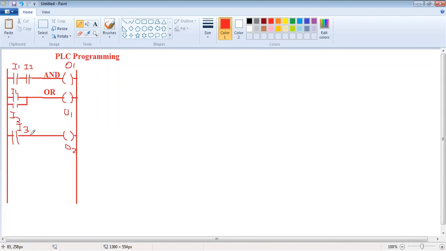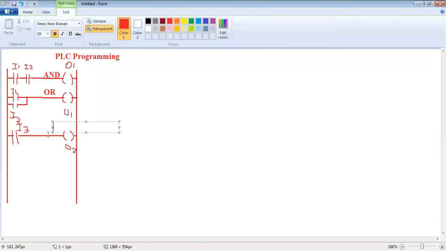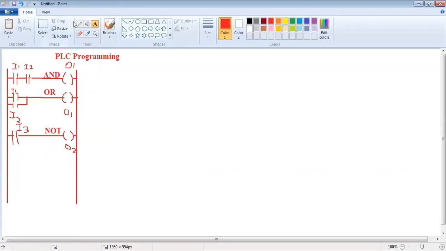Okay, but as we have to implement the NOT gate, we will use NC switch. We'll use NC switch.